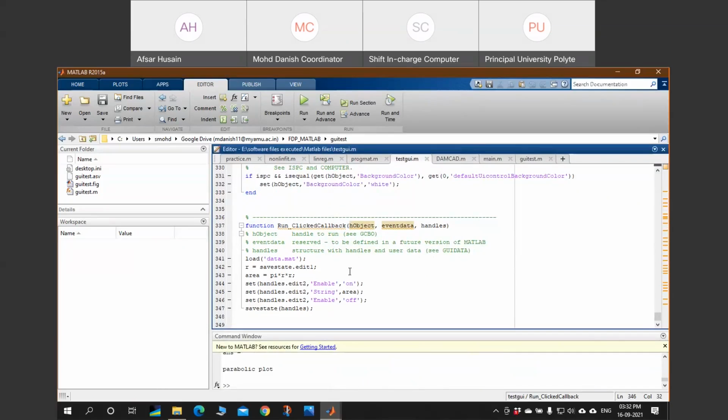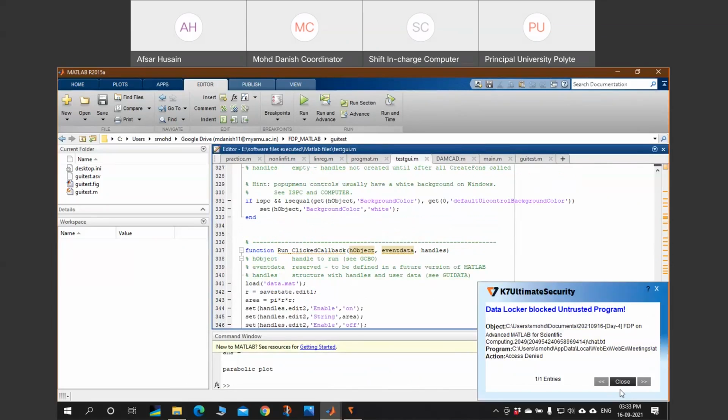I am missing the command r is equal to save state.